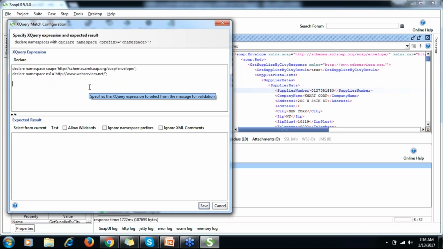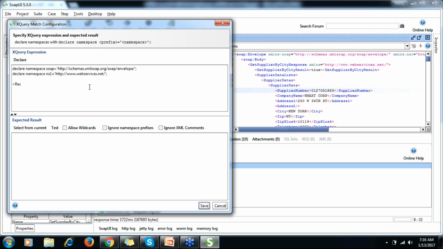Now we have to write a few XML tags here, team, to get the result in XML format. So how can we do that? Let's write.